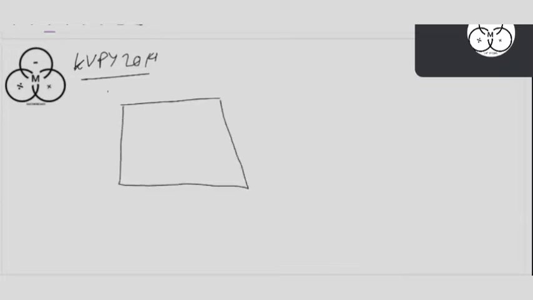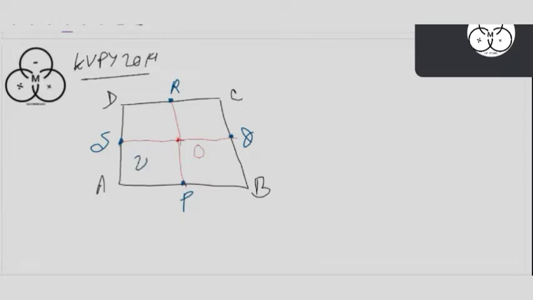This is a quadrilateral, a simple quadrilateral. These are the midpoints, say P, Q, R, S. Suppose there is a point O, any point O inside this quadrilateral ABCD, and these are the midpoints, and they are connected to each other, dividing the entire quadrilateral into 4 parts having areas 25, 36, 41. We need to find this area.